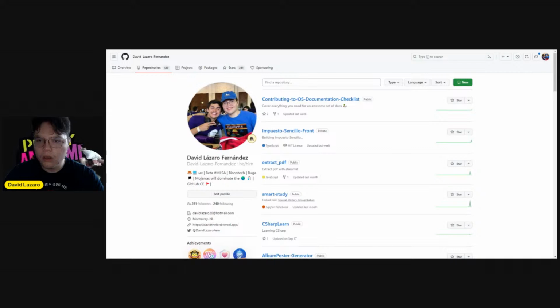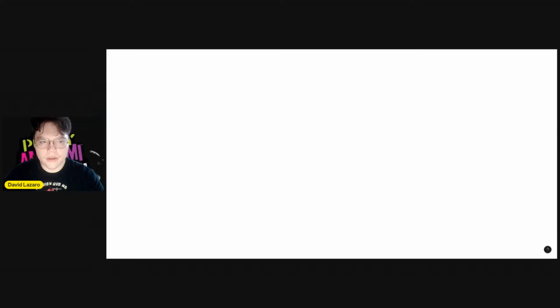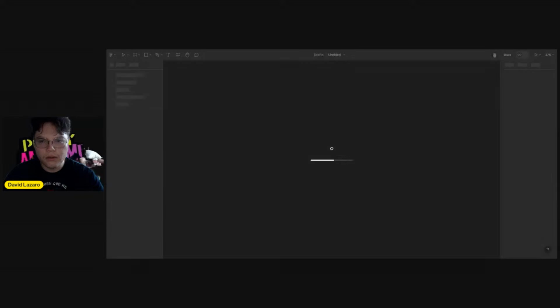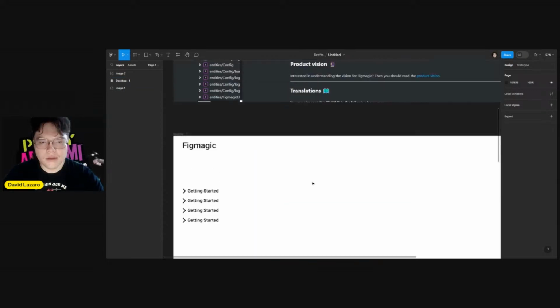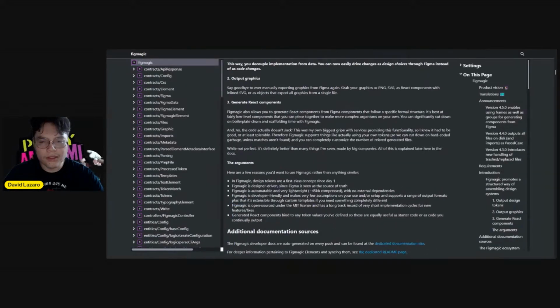Let me open some random tabs and then share my screen to those tabs. I think it was this one. Okay, so I think now you're able to see the Figma view. Yeah, there you go. So the thing with FigMagick is that I felt that there was a lot